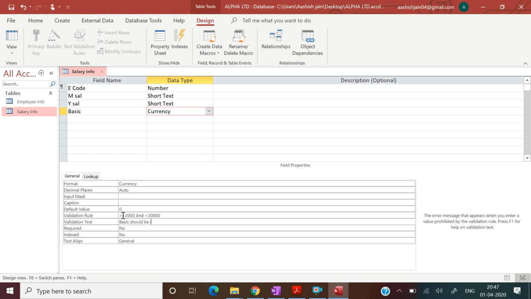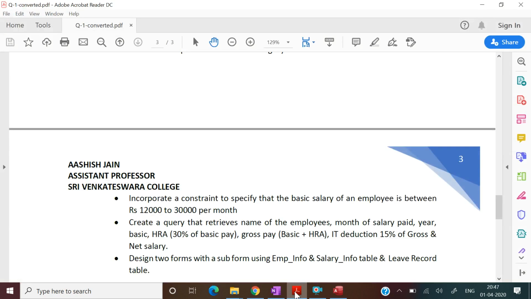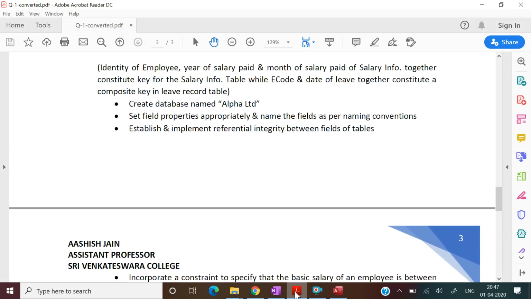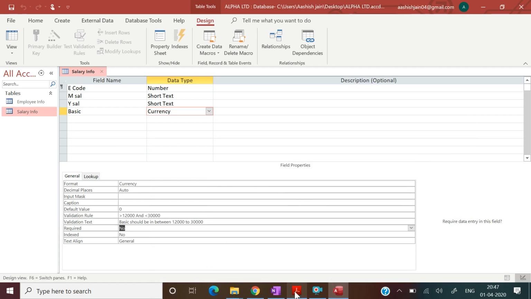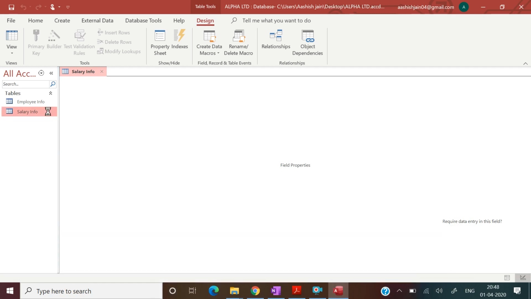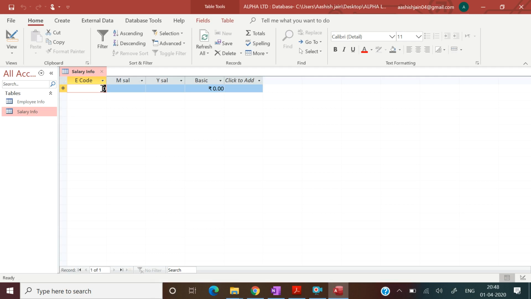So we have done this table. Now press Ctrl plus S and put some data over there.